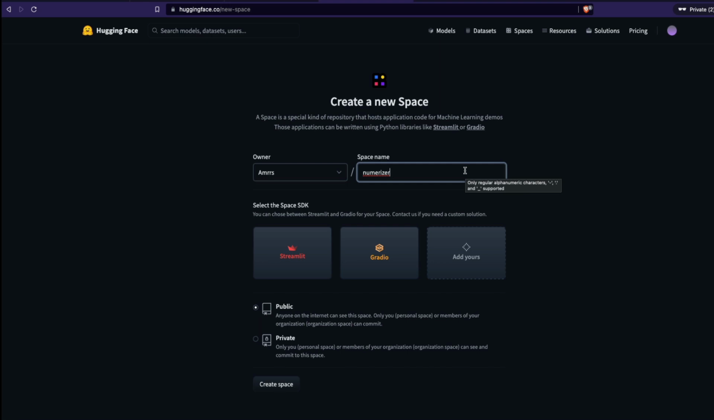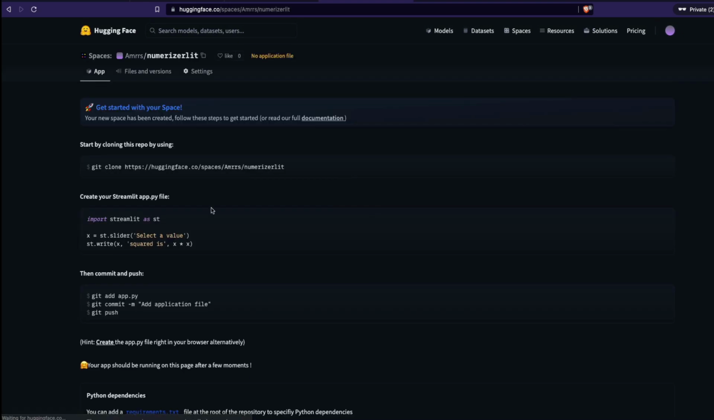Numerizerlit. Should I say Numerizerlit? Numerizerlit. Okay, it's a Streamlit application. It's a public repository. Anybody can see it, and I'm going to create it. So as you can see, you can git clone this on your local machine, commit, add, commit, push, and then